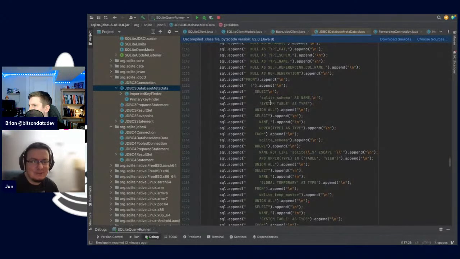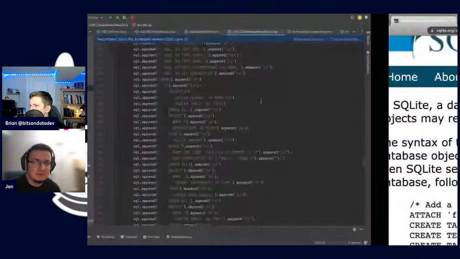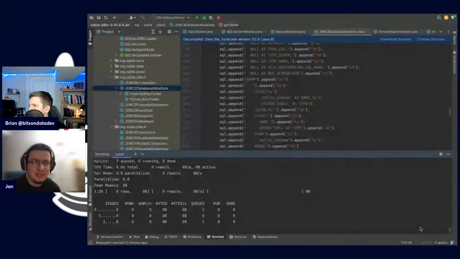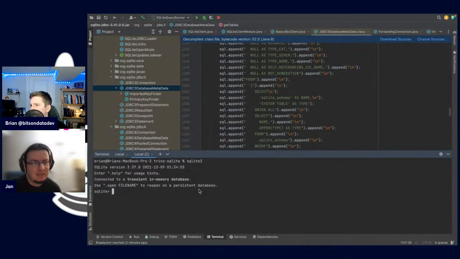You can just open another terminal and fire up the SQLite CLI, and just query that table to see what schemas exist in an empty SQLite database. Let's see. Just type sqlite3. Oh, nice. Yeah, and just select asterisk from sqlite_schema. Oh, you're saying select. Okay, got it. I was thinking select all from